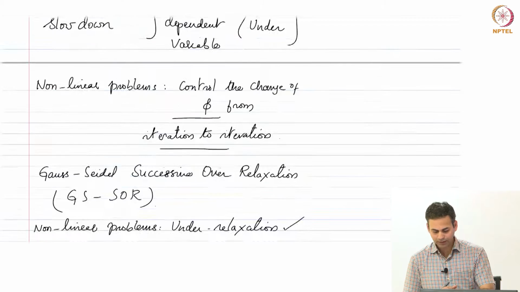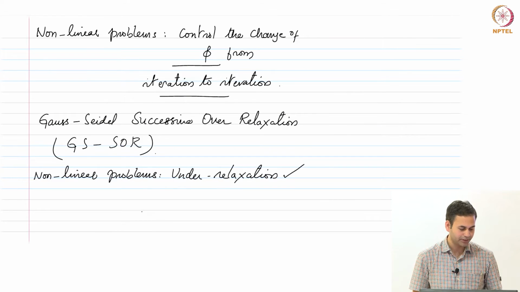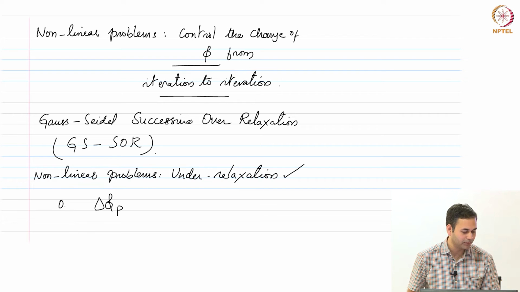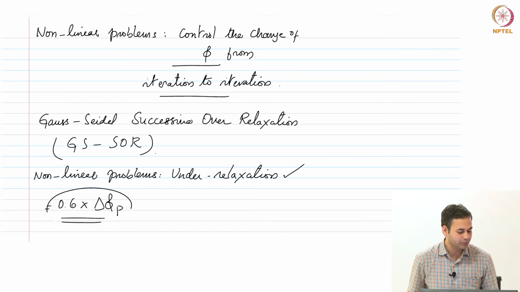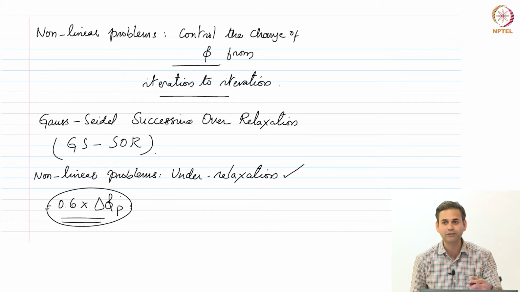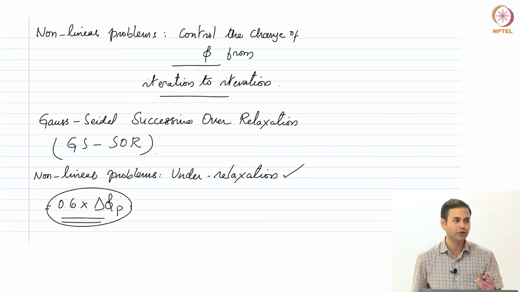Now, these over relaxation and under relaxation things are very common in other software as well. You might see a relaxation parameter for each of the equations, where you specify something like 0.6, 0.7 or 0.3. What they are actually doing is, if you have computed delta phi p in one particular iteration, they only multiply it with 0.6 and then add it to the previous value. So essentially 60% of what is given by the equations is added. So, you are restricting the change from iteration to iteration.